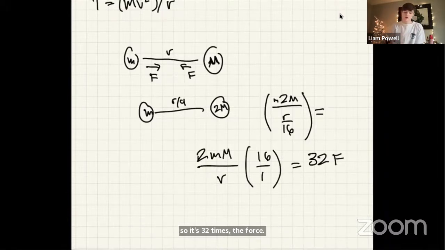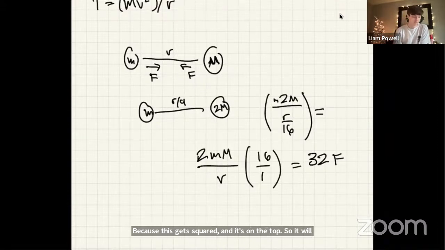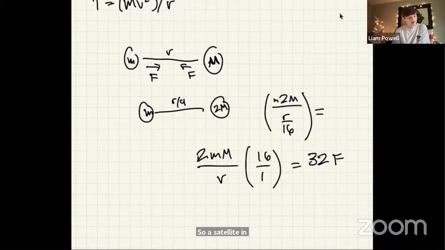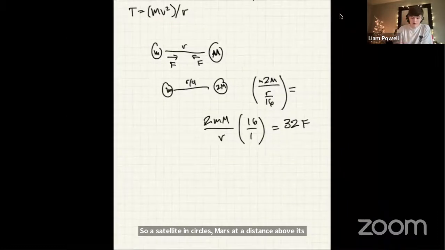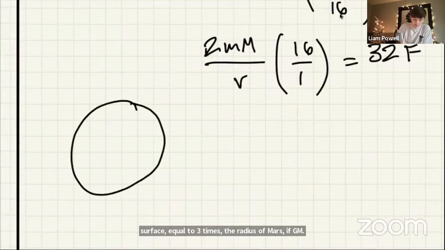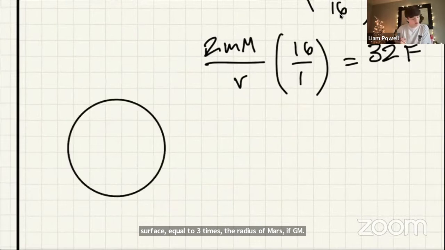Because this gets squared and it's on the top, so it will become extraordinarily bigger. So a satellite encircles Mars at a distance above its surface equal to 3 times the radius of Mars. If gm, so let me draw this real quickly. So if gm is acceleration due to gravity,